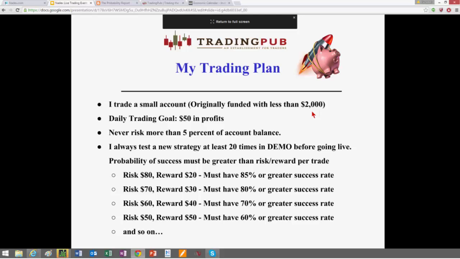And trading with Nadex, the demonstrated probability of success on any strategy has to be greater than the risk or my reward per trade. So if I'm risking $80, I've got to have better than an 85% success rate to make 20, and so on and so forth. If I risk $70 to make 30, I want an 80% or better